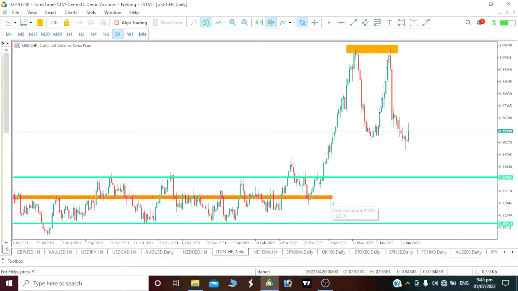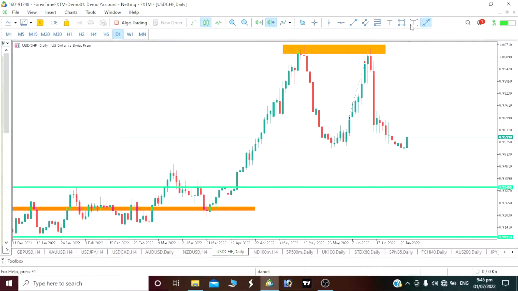We can see on our USD Swiss franc, for some weeks now, I think 2-3 weeks now, we've actually been having a fall on our USD compared to our Swiss franc, by the way. As we can see, a massive fall, right? Taking out our lows here, as we can see, an M movement,